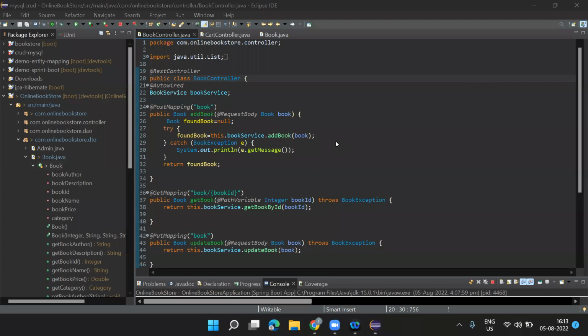So basically, the project is an online bookstore e-commerce app in which we'll sell books, and the customer will see the book and can order the book from there. I work on the book and cart module. So this is my book API which I've created, in which I've created four to five methods.